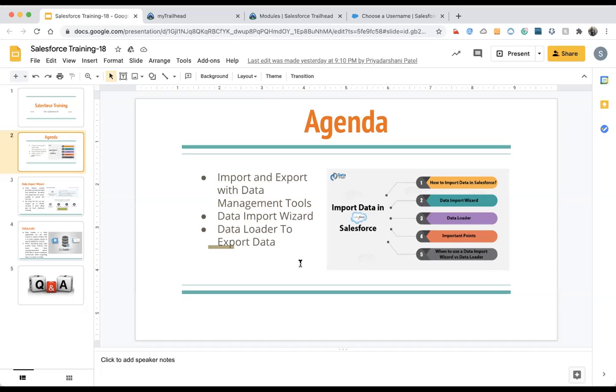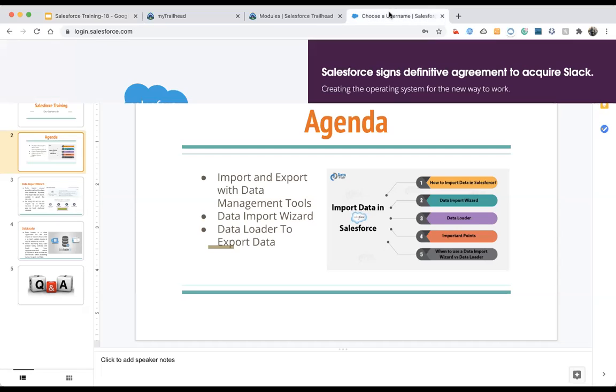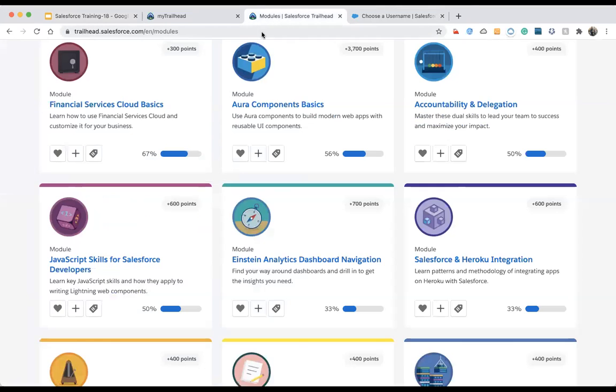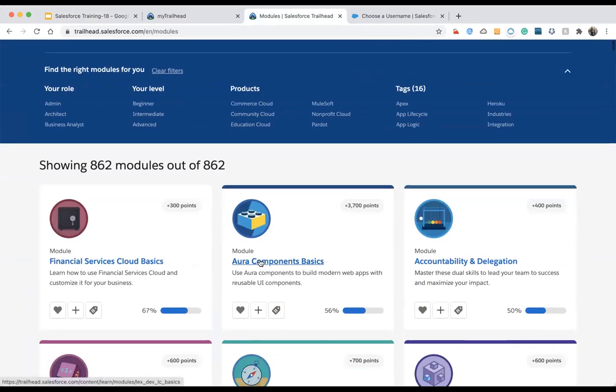Some of the tools provided by Salesforce are Data Import Wizard, Data Loader, and dataloader.io. These are the three that are mostly available in Salesforce. Apart from that, we also have MuleSoft, Dell Boomi, and Informatica. I think Gearset is also doing data migration. There are some other tools available too. So first we extract the data from Salesforce, then we upload the data into Salesforce. We are going to do that.